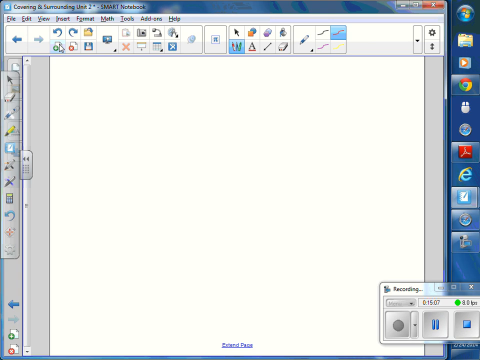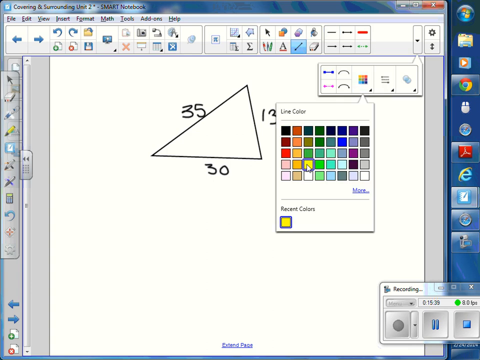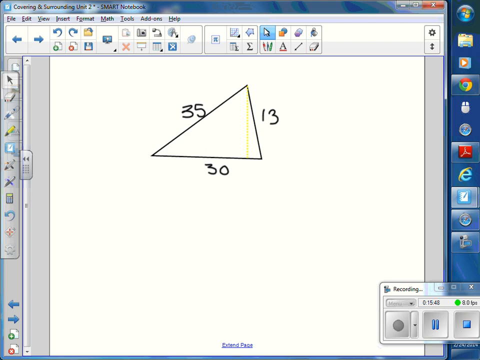If I had just some triangle that I made up, where you don't have that information and you have some information. So maybe you have, let's say this is 30 and this is 13, and maybe this is about 35, and then you also have this drawn in like that at a right angle, and you have that this is 12. With a picture like that now, you should be able to find the perimeter, and you should be able to